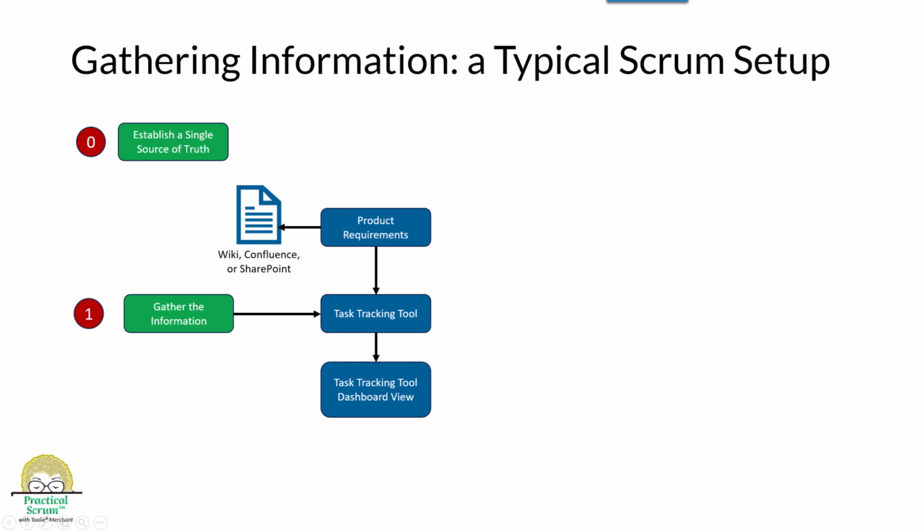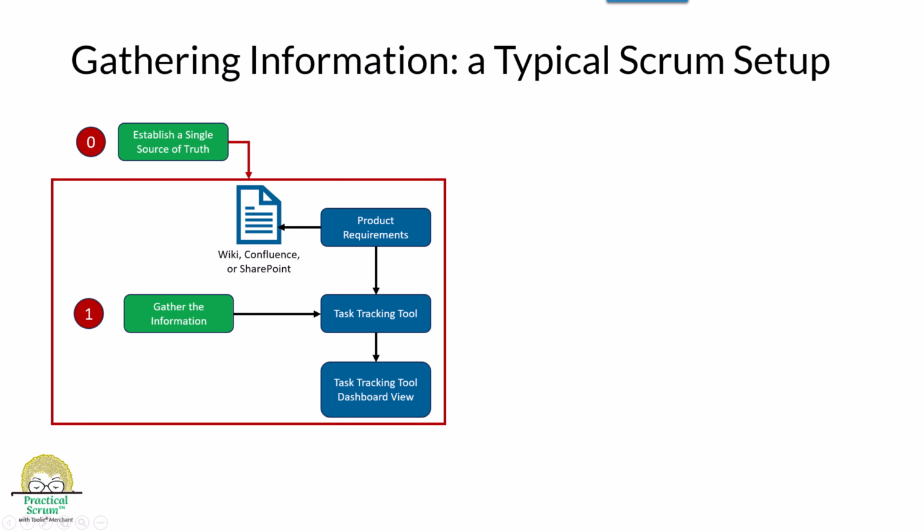So now, establishing a single source of truth becomes step 0 in the list. If the various teams contributing to the product don't agree that there is a single source of truth, you'll be at odds with each other until you do agree. Okay, so this layout of information isn't ideal, but let's go with it for now. But now there's another question.